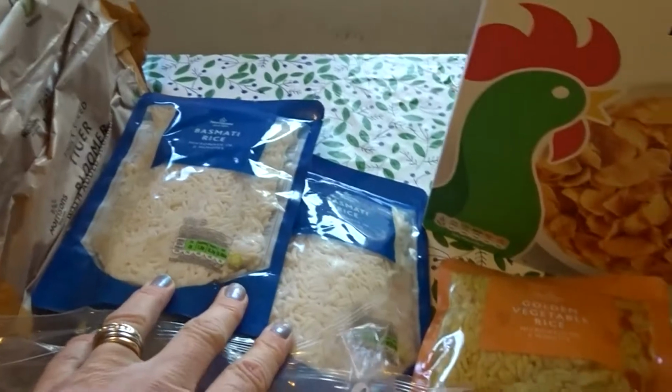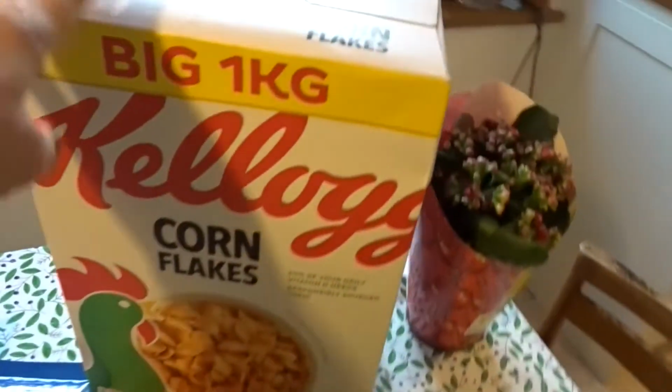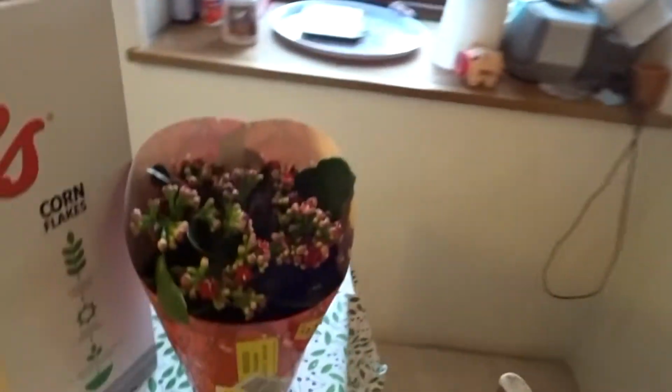A couple of things of microwave rice, which has actually gone up in price, I noticed, and some cereal. And then I treated myself to this little plant because it was reduced down to 38p. And then I spent altogether